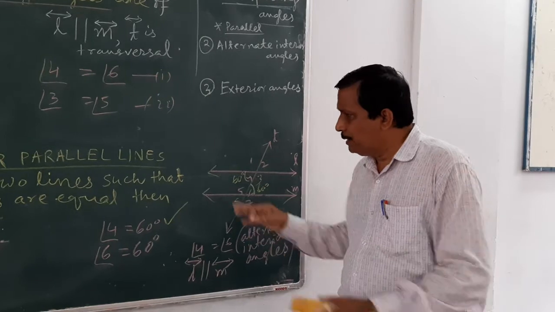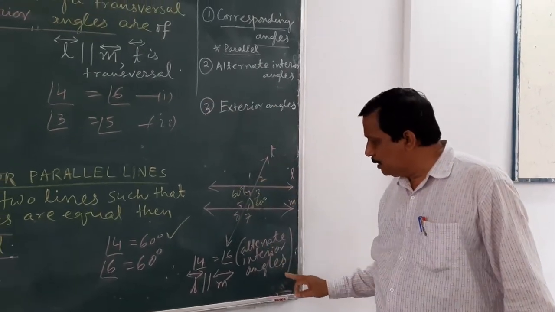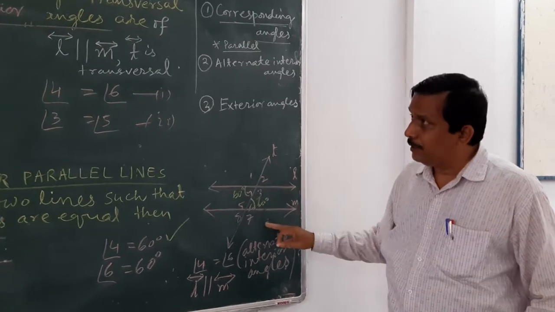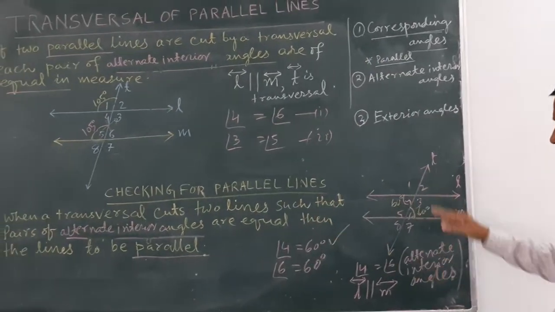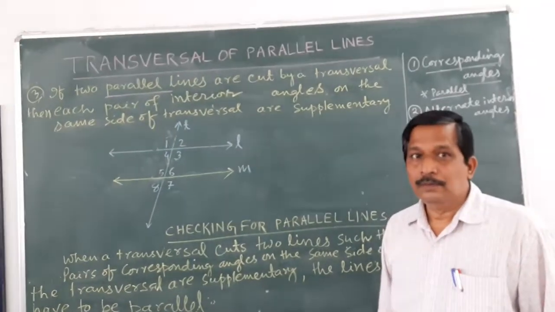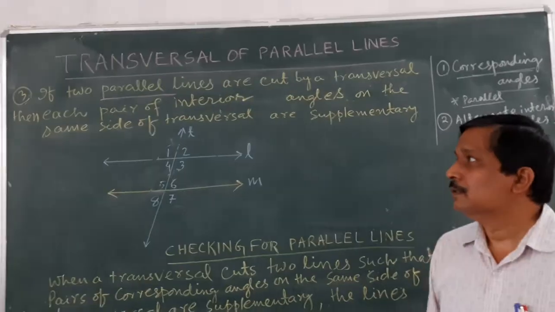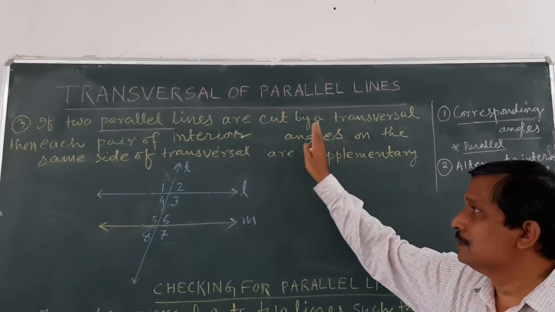So you can find out by the theorem, according to the condition, whether alternate angles are equal, or whether parallel lines are given, whether it will be this theorem or the converse theorem. So according to that you have to prove these things. Now we will discuss the theorem of parallel lines.